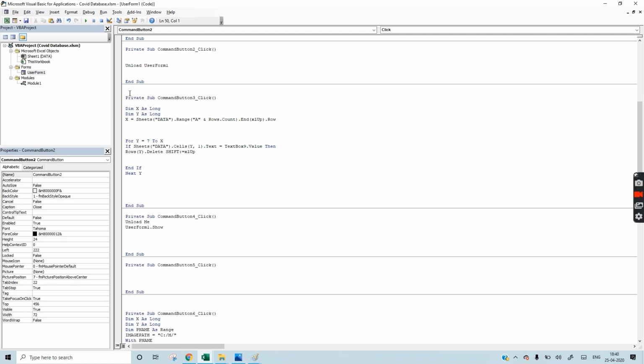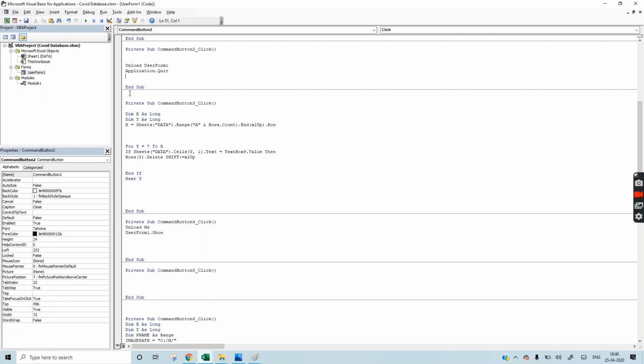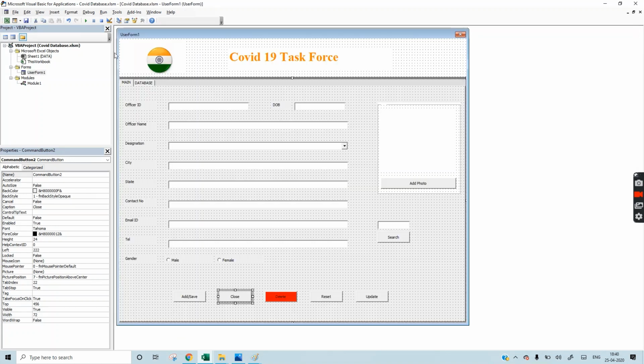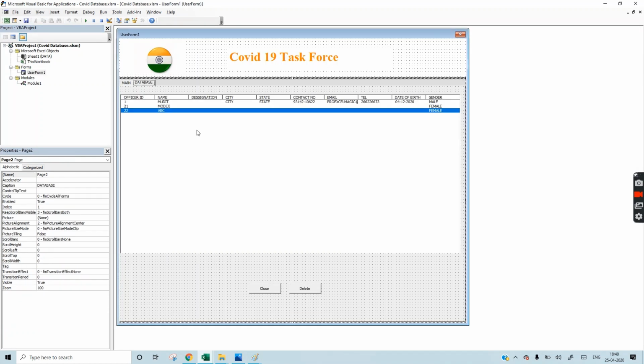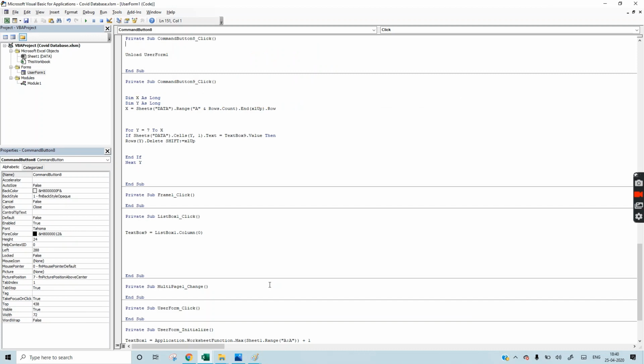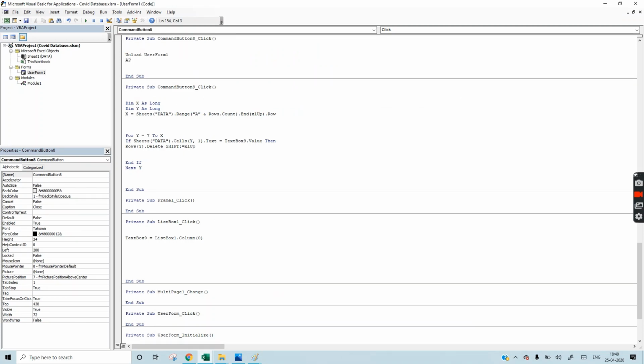Whenever you are unloading user form 1, after that you have to write application dot quit. You want to quit that Excel application. Similarly, in this second sheet also, you have to do the same. Application dot quit. Now save this, close this.